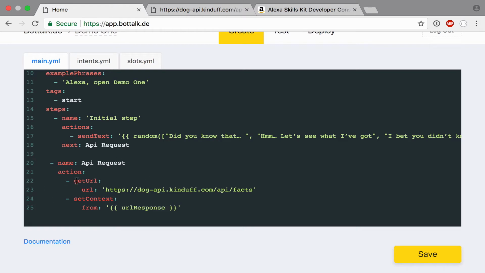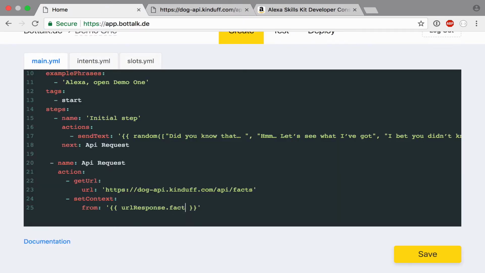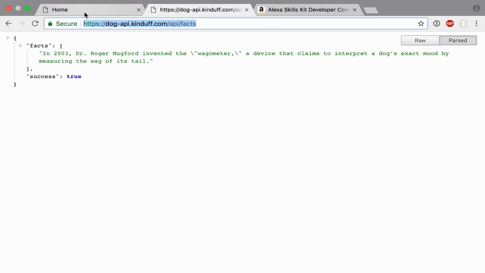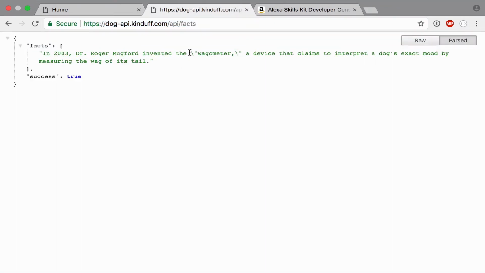Every time you go to get URL, it is automatically stored in this URL response variable. And then we're going to see there is a key fact, and inside of it there is an array, so it's going to be 0. And as you can see here, there's a very interesting thing. There are parentheses here, or things that are not so good. And Alexa will try to read this